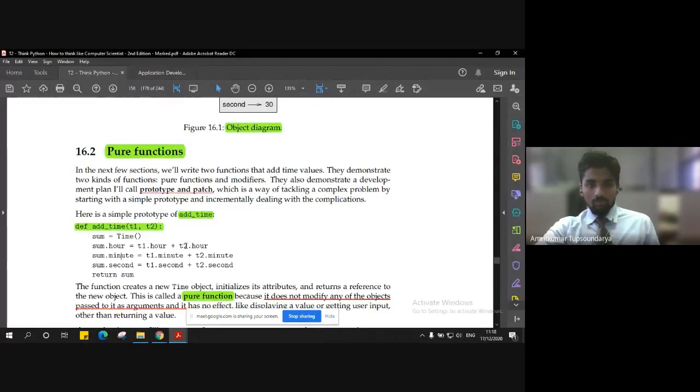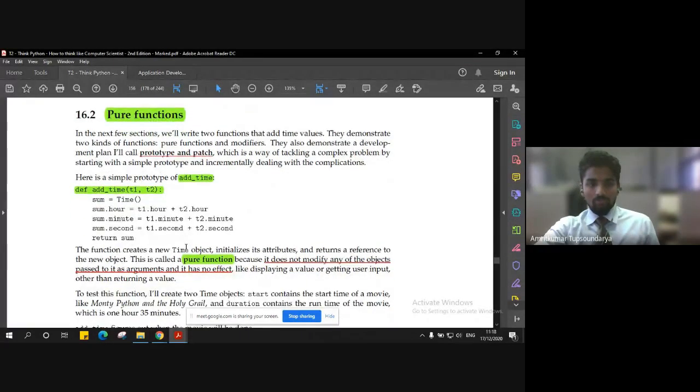But how can we have a modifier here? How can we change the value? To understand that, first let us take an example of this pure function, and then we will compare it with a modifier.